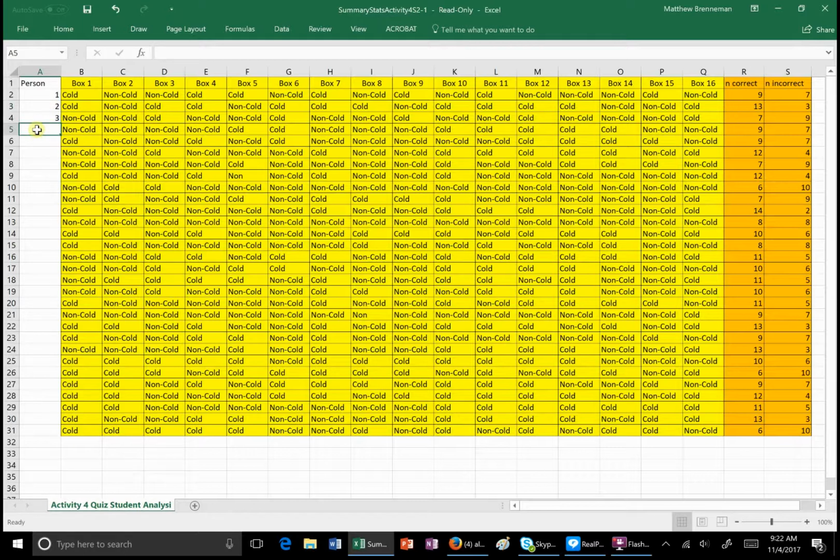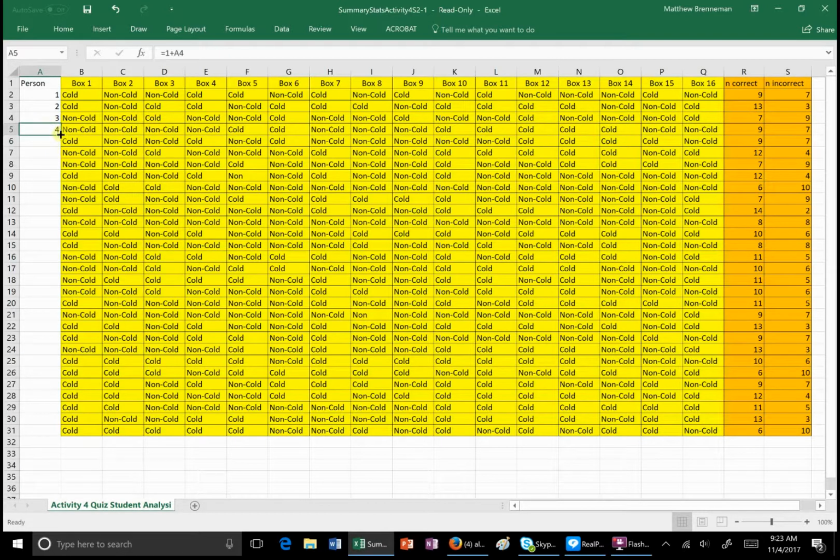A little trick you can use if you want to create a sequence. Here's what I'm going to do. I'm going to say equals 1 plus, and I'm going to click up here, and notice that this will put a 4 in here. But Excel has this really cool option called a drag down command. In other words, when you drag down this command, for the second column, it does the same set of instructions. If you look at this row that I just computed, it says take whatever was in the row above it and add 1. And now when I drag it down, and the way I do that is I put my